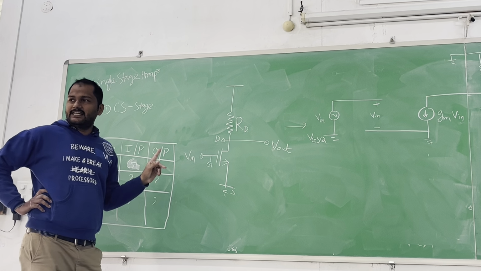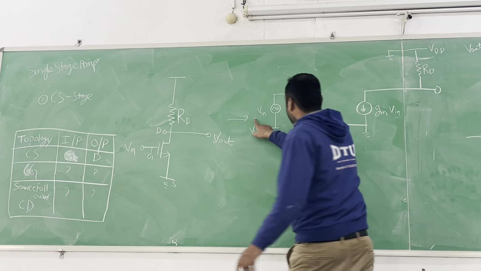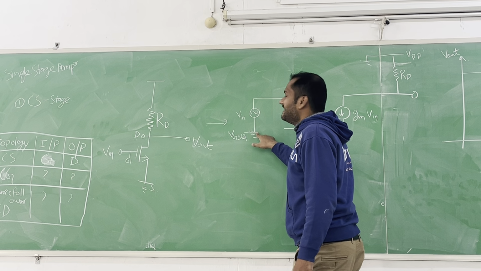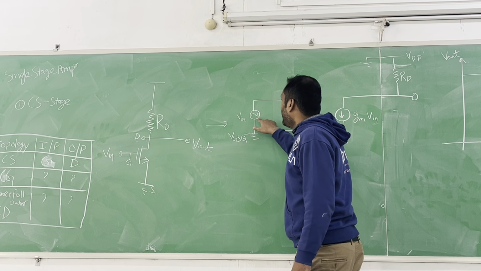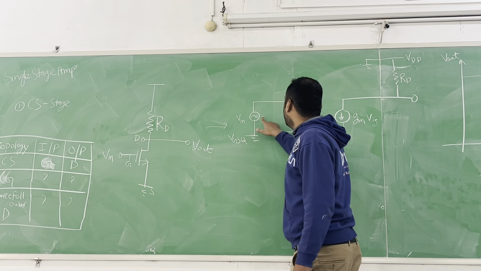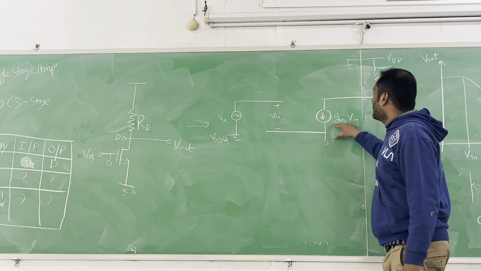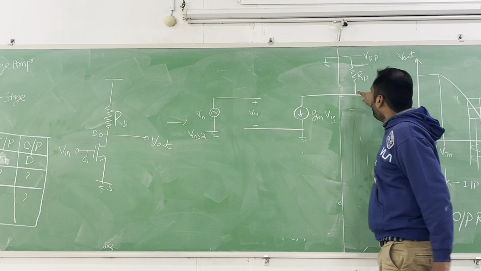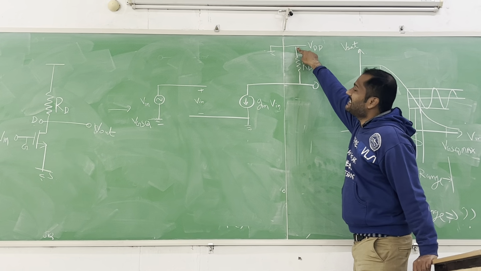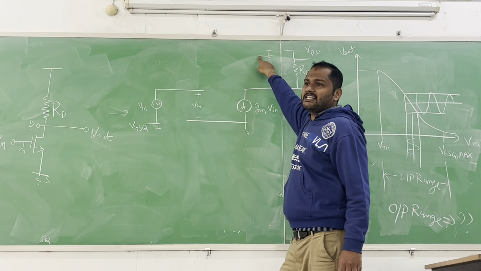When we draw the small signal model, it will come like this. Here VGSQ is the DC which we are applying, and it is grounded for AC, and another AC signal on top of that DC. We apply AC Vin, and this Vin converts to gm times Vin current. Now here we have RD. This RD is connected to the DC supply, which is ground for AC. This is actually AC ground.